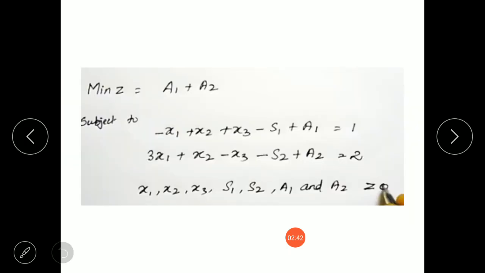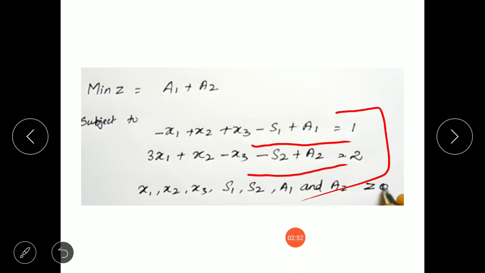As you can see, for each constraint equation we have two newly introduced variables, that is the surplus variable and the artificial variable. But as I've already told you, because of the introduction of only the surplus variable, we cannot apply the simplex method. So to remove the negativity of this surplus variable, we have introduced the artificial variable, which I discussed in my previous lecture also. So in the basic variable column, we will write only those variables that are positive.